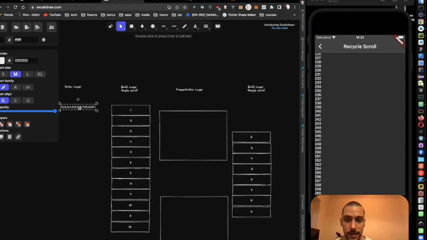But this data layer is much less heavy in memory than this build layer. So with this ListView, you can solve most of the problems that you will have in performance